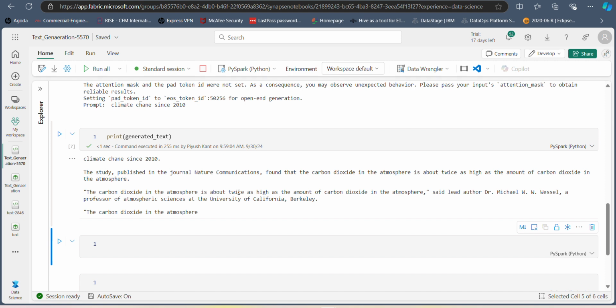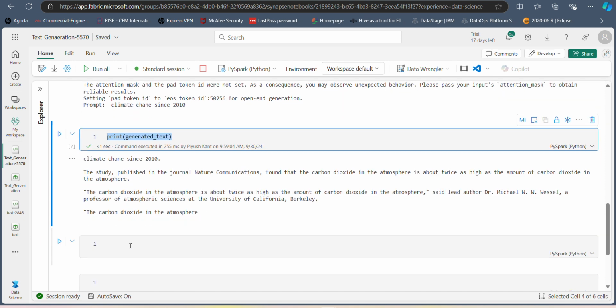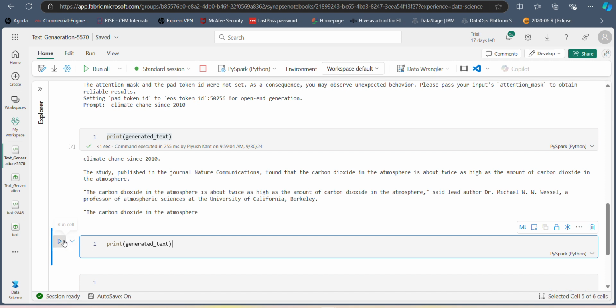But there are also some things which I need to check, like it is claiming that the percentage of carbon dioxide is now twice. I need to study the entire journal so that I can make sure the claim is correct. I can again ask,